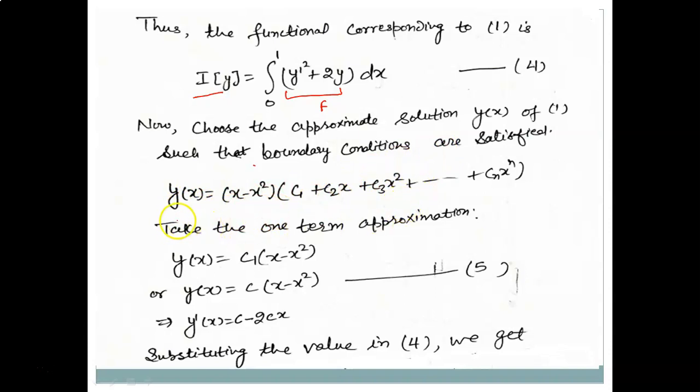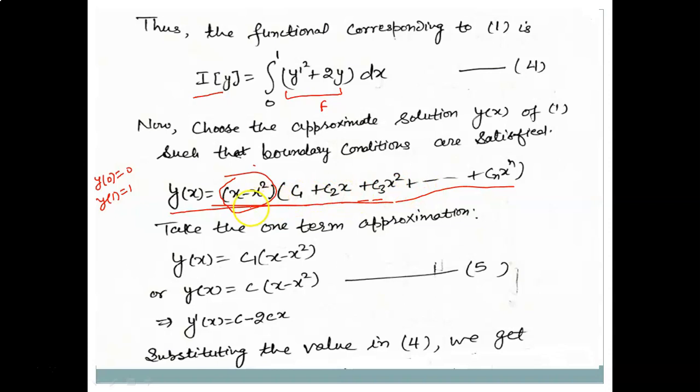And now the problem is how this function is considered, because here you require the involvement of C1, C2 and Cn, certain unknown constants, and this should be chosen in such a way that the boundary conditions must be satisfied. Here you are given that y at 0 is 0 and y at 1 is 1. So obviously this part is the main thing. This part is chosen in such a way that when you put 0 here, everything is 0, and when you put 1 here, 1 minus 1 again it is 0. So that way this is the suitable choice of the function. But this involves C1, C2 and n constants.